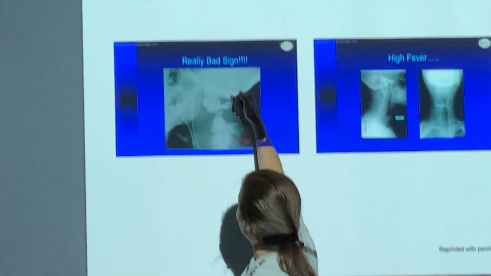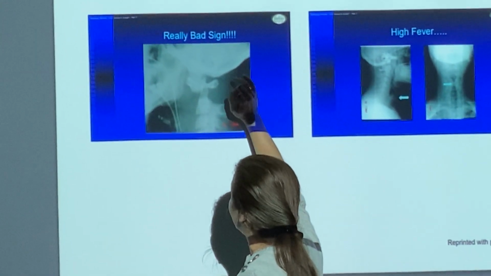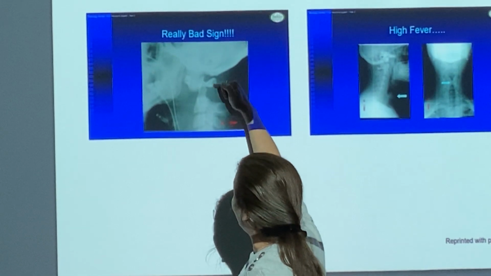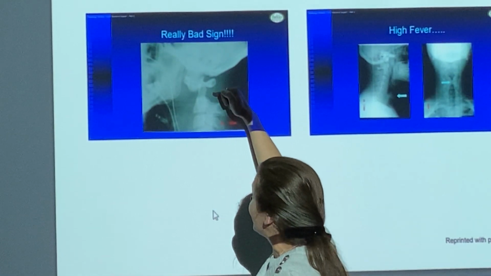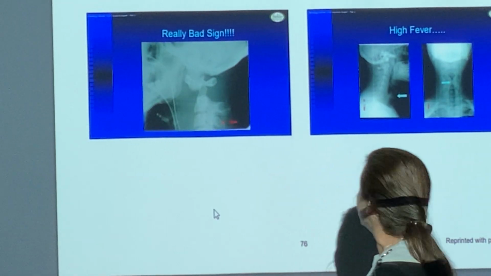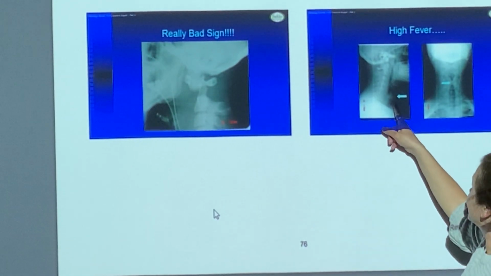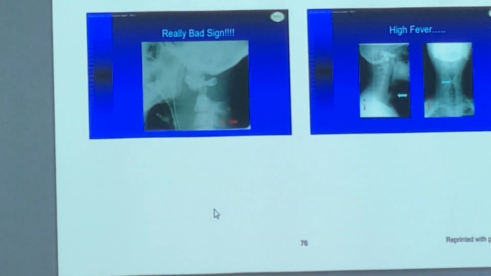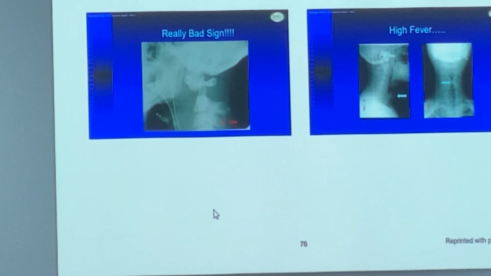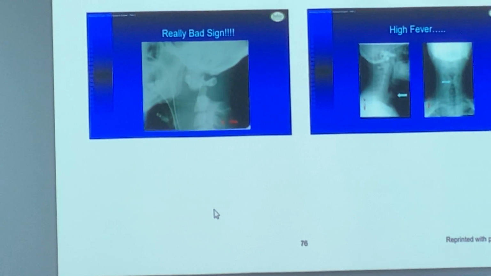First of all, the space between the occiput and the atlas is very narrow. Second of all, look at the space between the atlas and the rest of the cervical spine. They're torn. What is this? If I tell you that the patient has high fever and has